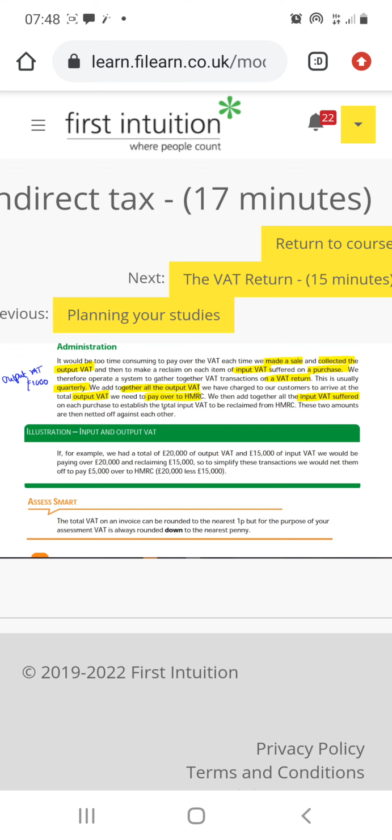So we add together all the input VAT that they've paid. This can be reclaimed from Revenue and Customs. So let's say that during this particular period, the input VAT comes out to be £600. We can then net off one against the other. So we can see in my example here that this particular organisation needs to pay £1,000 to Revenue and Customs, but it can reclaim